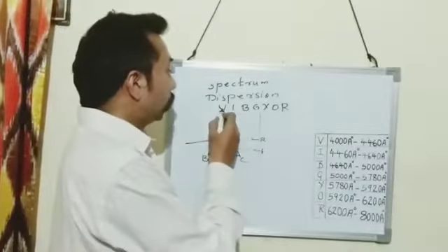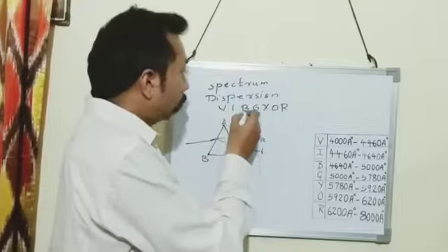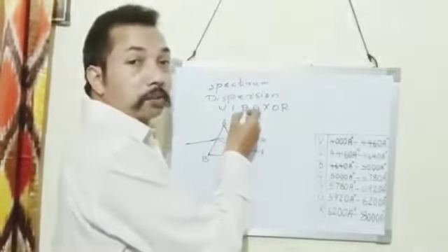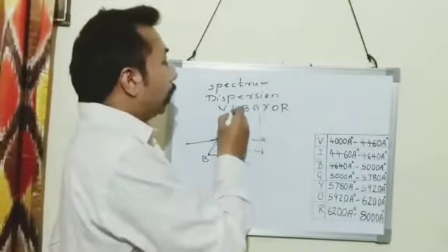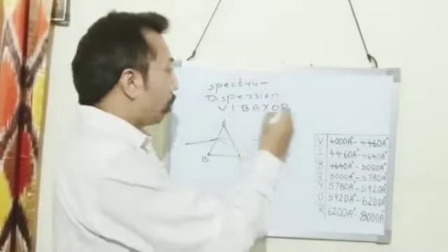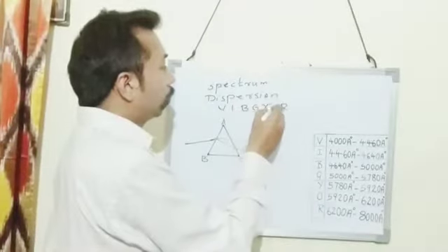So, violet is deviated maximum, then indigo is deviated more. After that, blue is deviated more. Blue has a speed more than violet and indigo, but less than green, yellow, orange, and red, in this order. So, among these colors, violet has the least speed, then indigo, then blue, green, yellow, orange, and